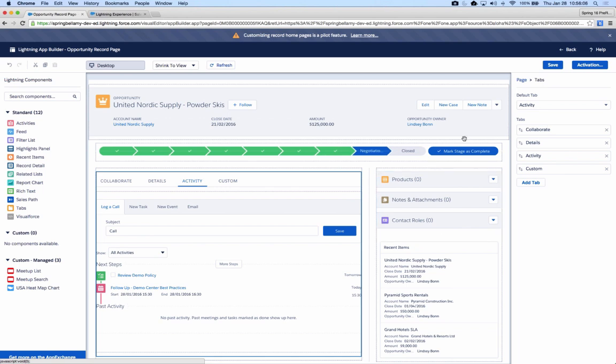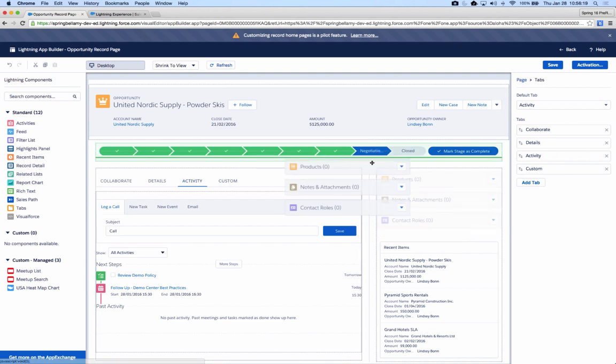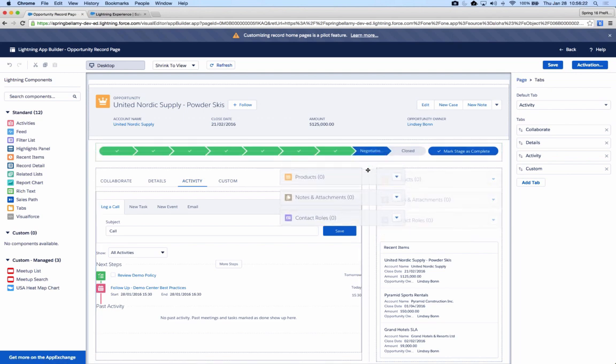Yeah, compared to Classic, it seems like admins have a lot more tools now to really manipulate the user interface to be more user-friendly. Like before in Classic where you could only build sections and maybe drag things around multiple columns, there's so much more flexibility to create custom interfaces for different users.